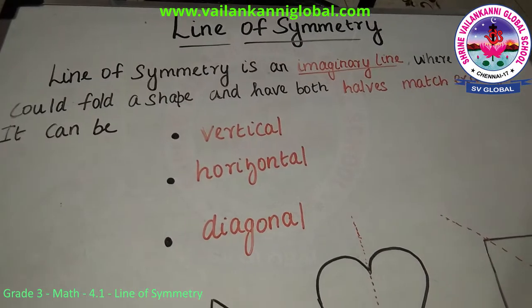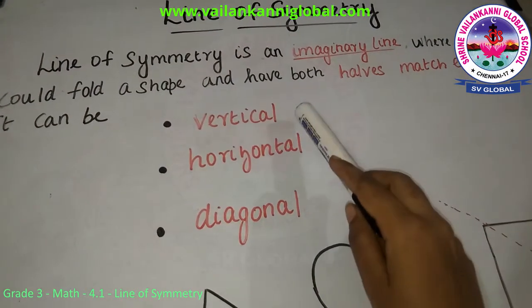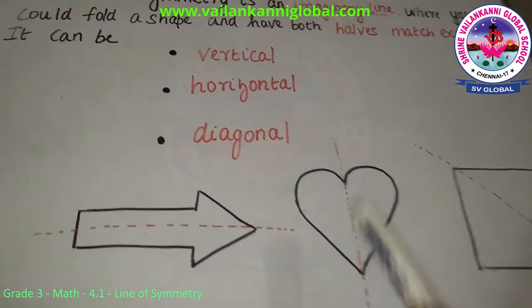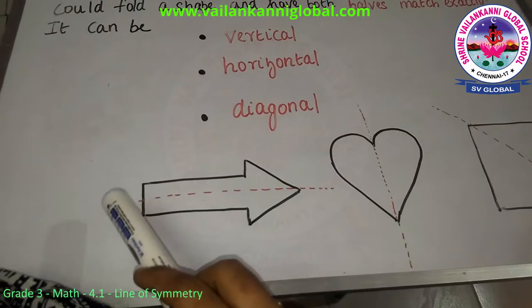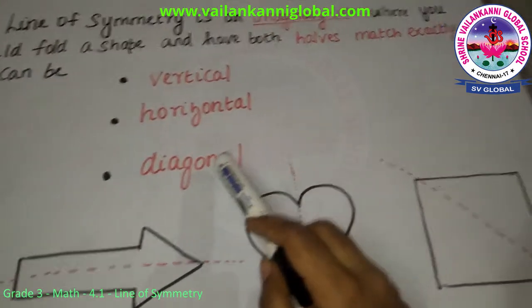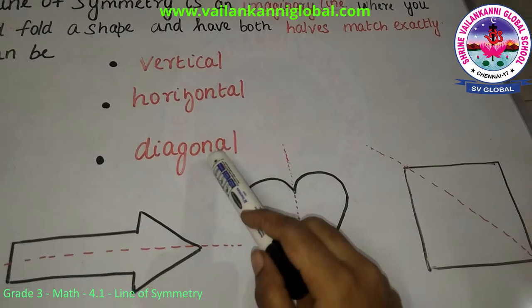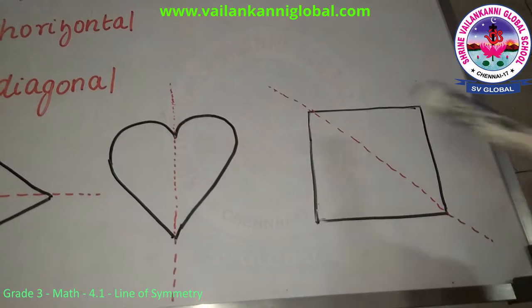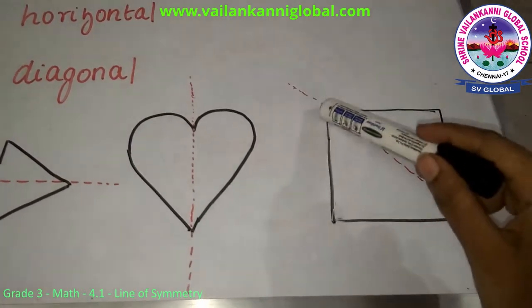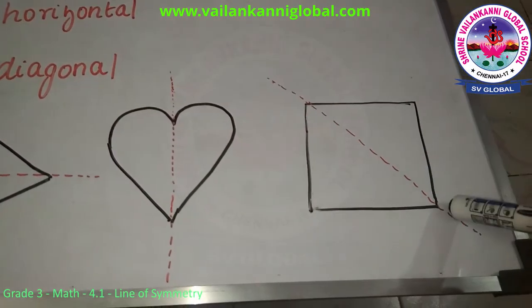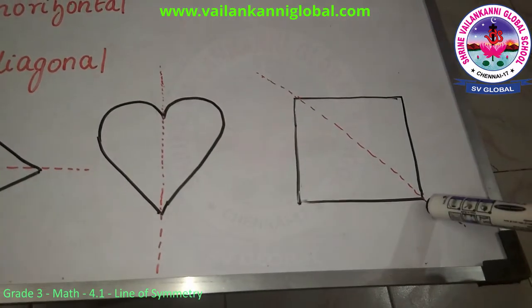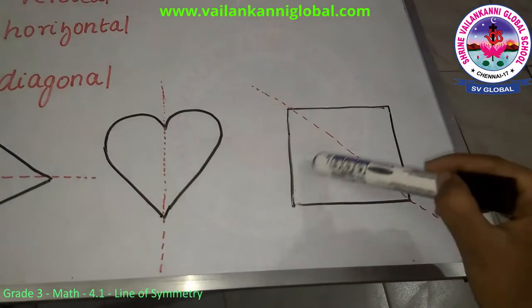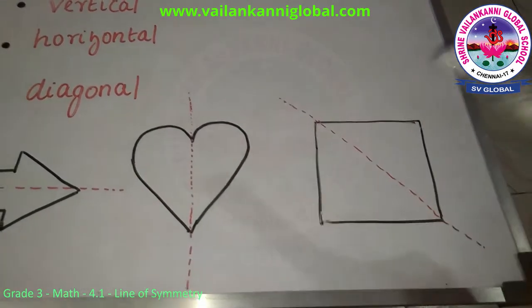So this is a line of symmetry, and a line of symmetry can be drawn vertical. Vertical is nothing but a straight line like this. Horizontal is nothing but a sleeping line, and it can also be drawn along the diagonal. So diagonal is like this. A diagonal is nothing but a straight line that is drawn across two opposite corners. So you can draw a diagonal like this because this is one corner and this is one corner. Also this is a diagonal with two opposite corners. So you can also draw a line of symmetry along this diagonal.